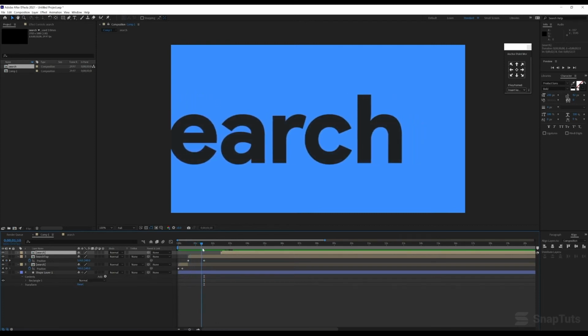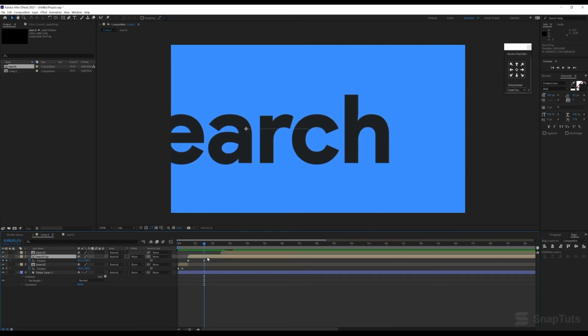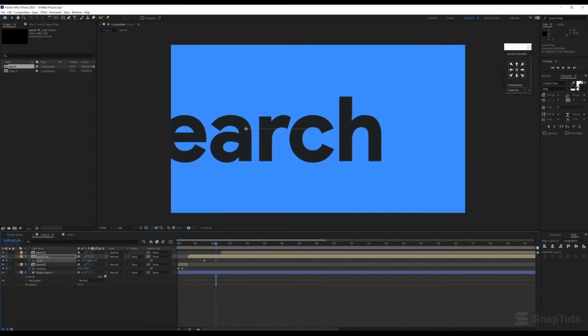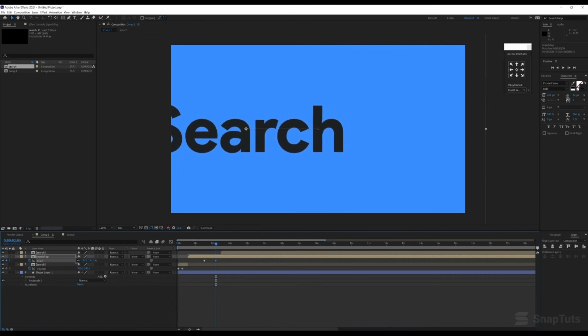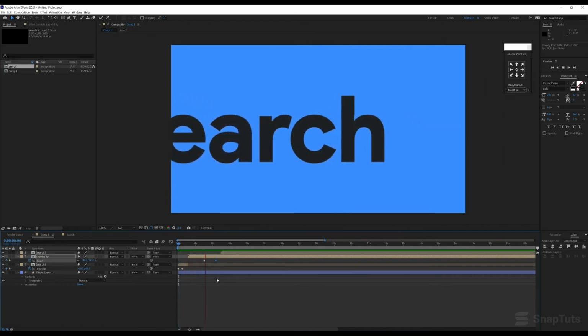So over here what we need to do is slightly scale it down. So I'll press S on the keyboard, add a keyframe and then move some time and then I'll reduce the scale, so something like this. So now if I play the animation, it looks like this.